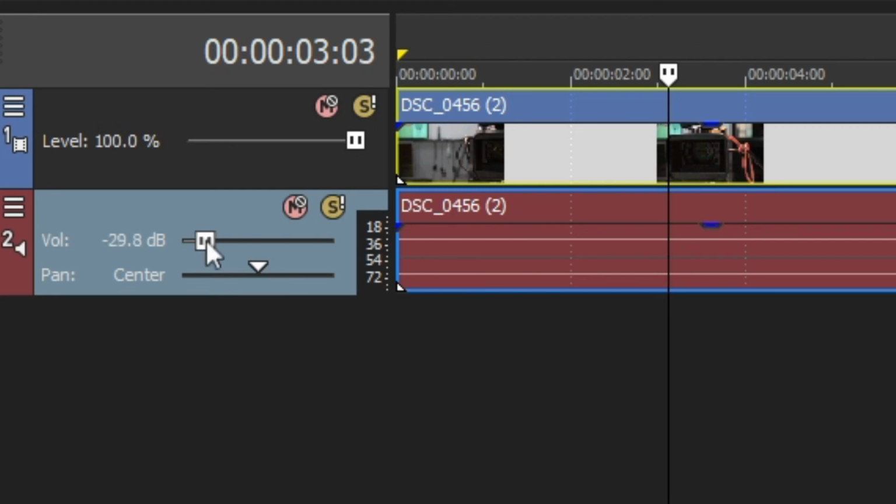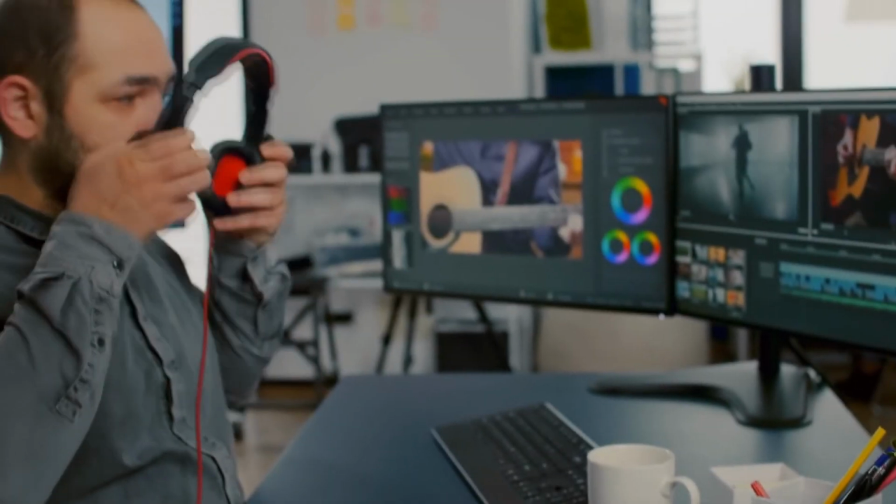On the other hand, as we drag the slider button over to the right, the number will increase and your track will become louder. This is useful for sound recordings that didn't turn out the way you want and you want to normalize them. Like the video track, any changes you make to a specific track will only apply to things on that track alone without affecting the other ones.